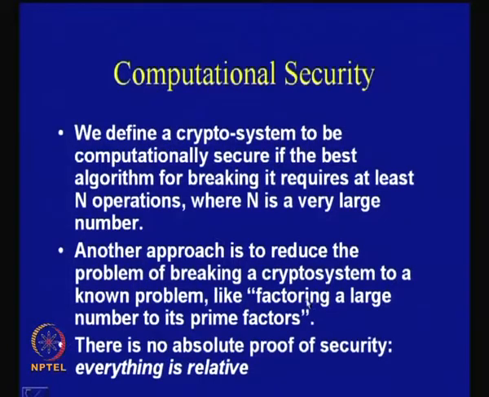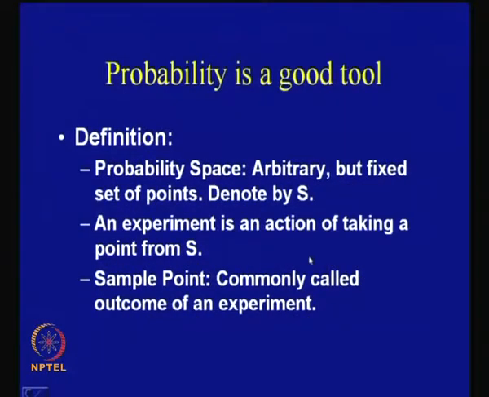That is, we do a reduction proof and show that if this problem is a difficult problem, then so is the problem of breaking this RSA crypto system. Okay, so these kinds of proofs are essentially relative, and they are not absolute, and they are sometimes called proof by reduction. So we also see some examples of such security proofs in our class.